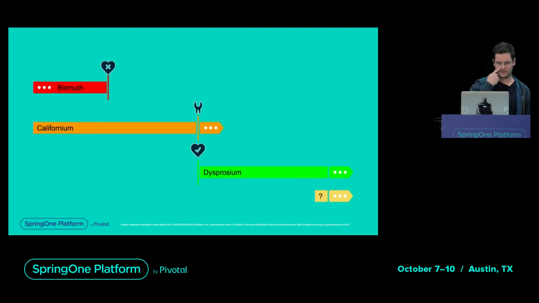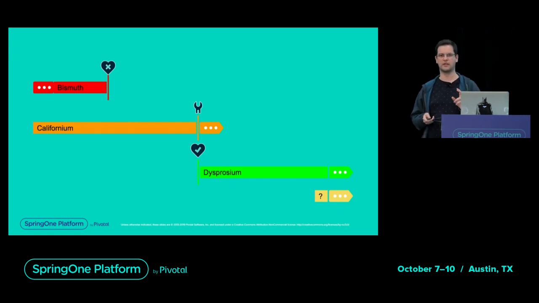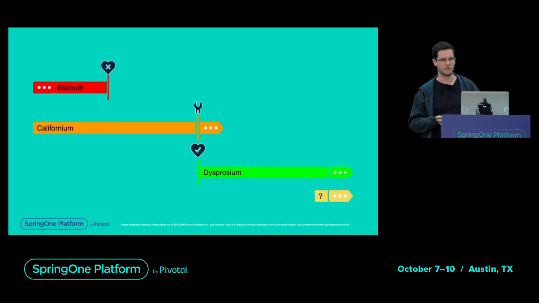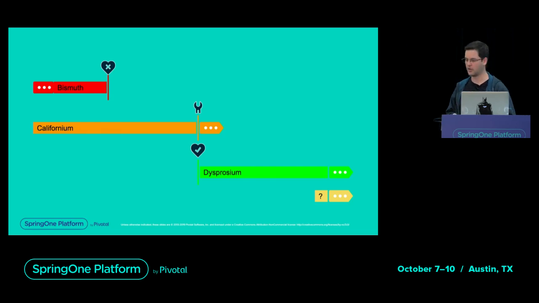But what we'll do today, so the state of Reactor today is we have more or less 3 release trains active, or rather Bismuth was the previous one, and it has end of maintenance, end of life. Californium is the current one that I guess most of you are using, but it's now, as of the past month, basically reached